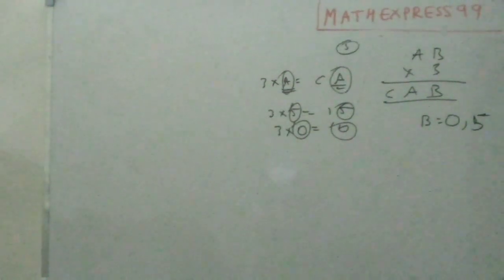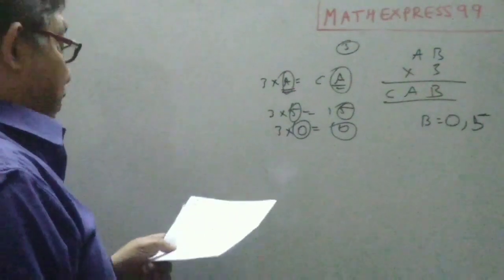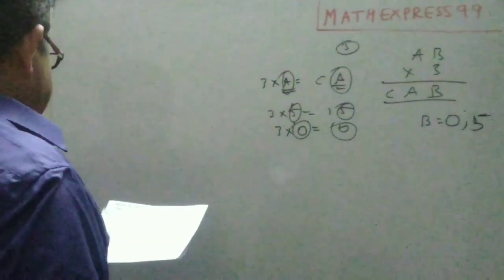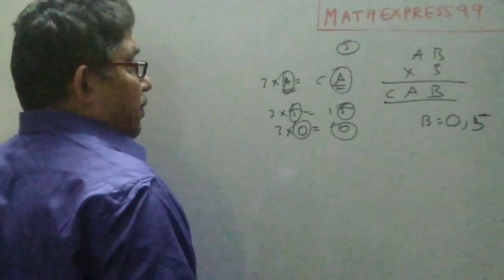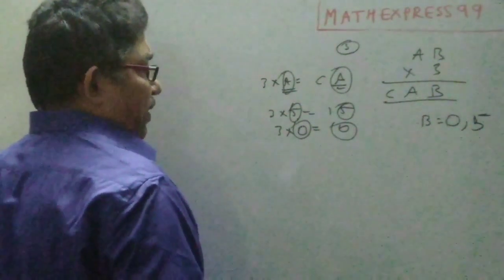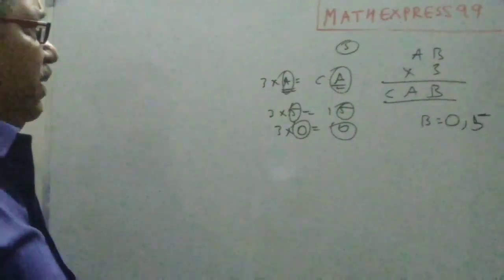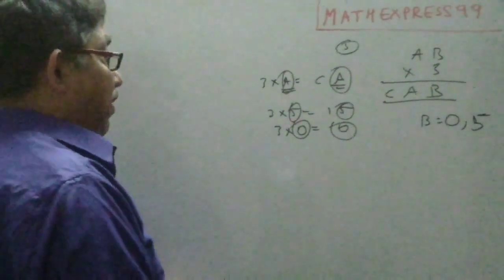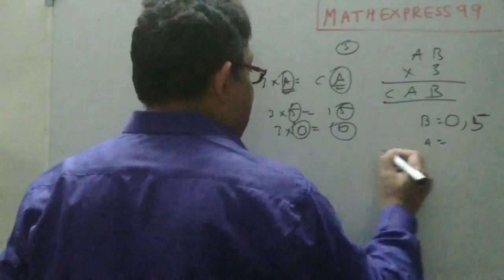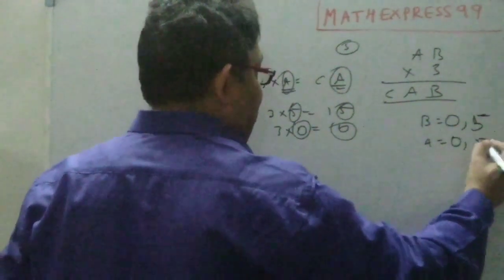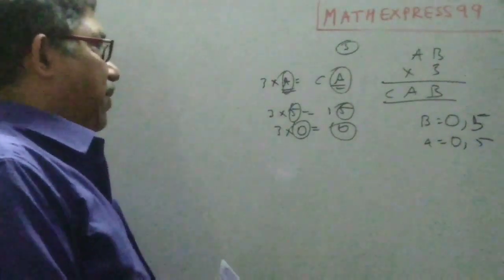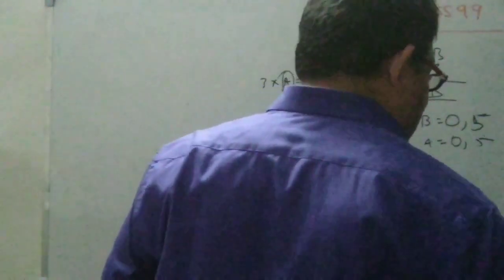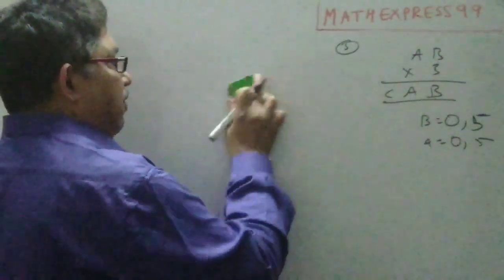Right? So what do we have? We can have B as 0, we can have B as 5. Let us have B as 0. Suppose B is 0. Again, A will also have two possibilities. What are the possibilities for A? A can also be 0 or 5. There is no other way out. Now still we are somewhere far off from the answer. So let us work out the answer. Now let us suppose B is 0.